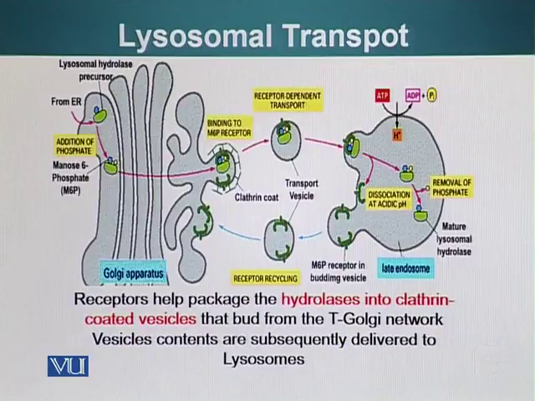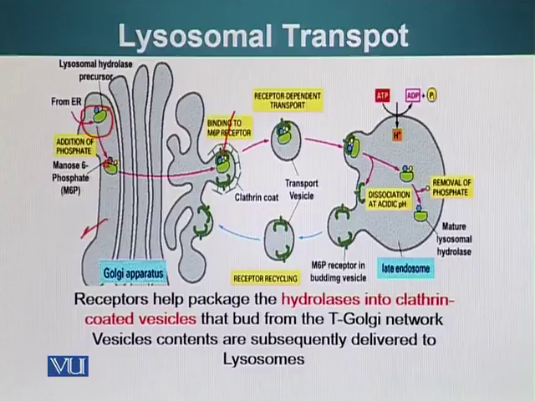Here is our lysosomal hydrolase shown in green with a little dot. This dot is basically mannose 6-phosphate or M6P, which is attached to our lysosomal hydrolase. The addition process is happening in the cis-Golgi network. Recognition of the structure is happening in the trans-Golgi network, where it is recognized by a specific receptor. This receptor, once it binds the lysosomal enzyme, has a conformational change.